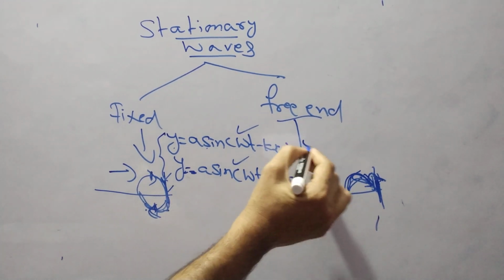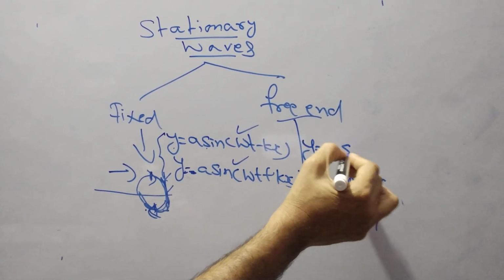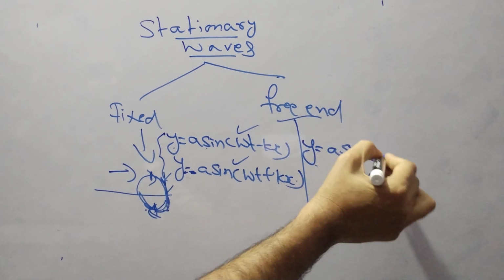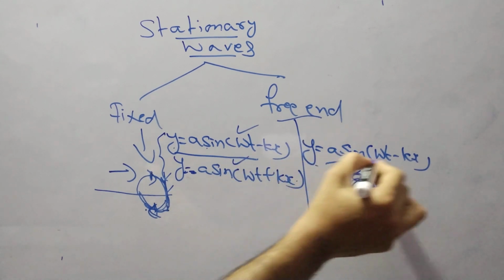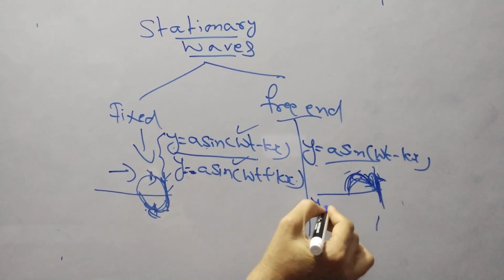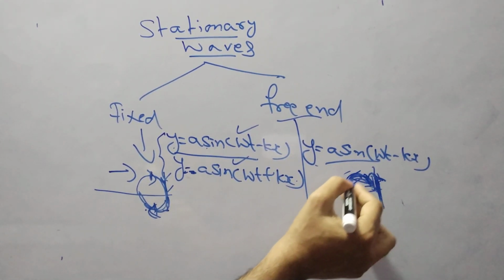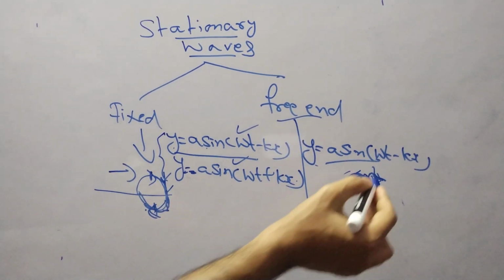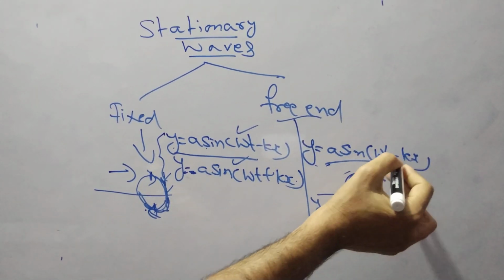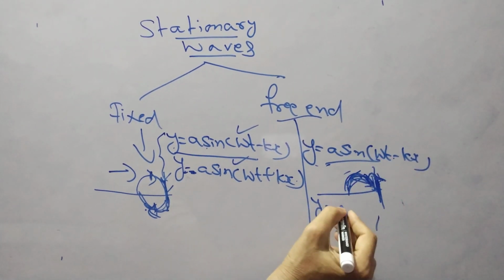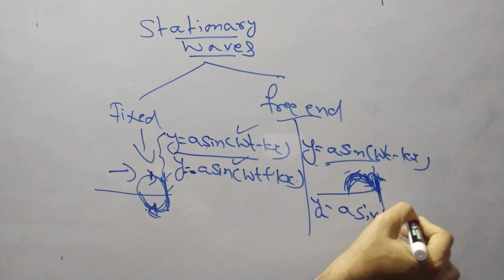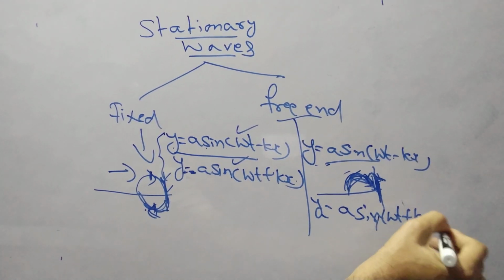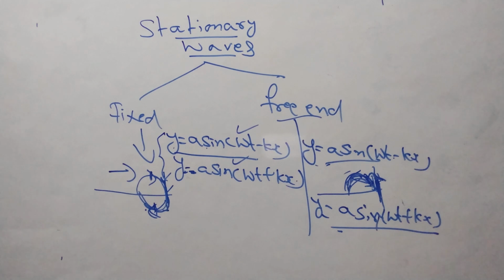So your equations are: y equal to a sine of omega t minus kx is the same, because the propagation is the same. After the reflection, because two waves are intersecting, the phase angle will be 0, only x becomes minus x. So minus of x is minus of minus plus, so your equation is a sine of omega t plus kx. So this is the equation for the free end and for the fixed end. Okay.